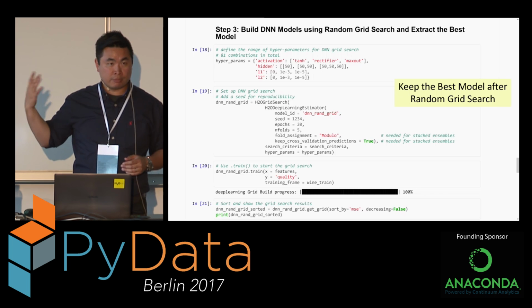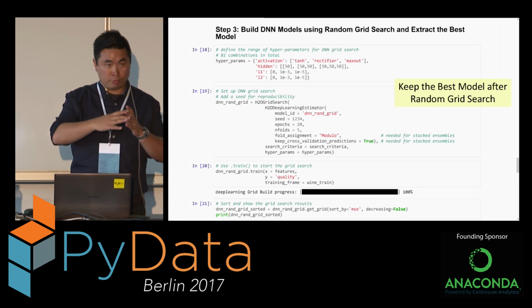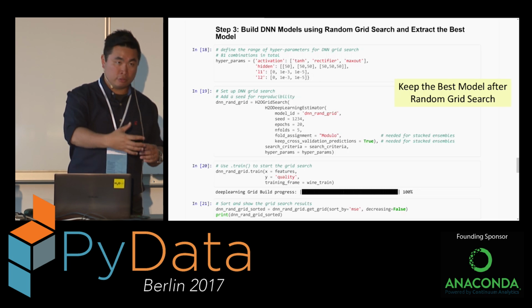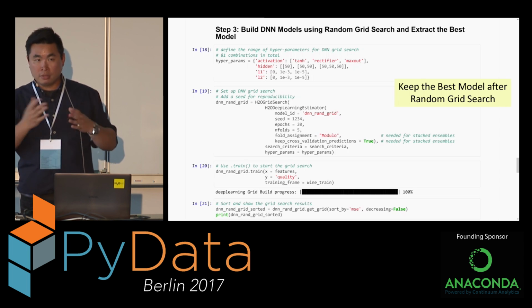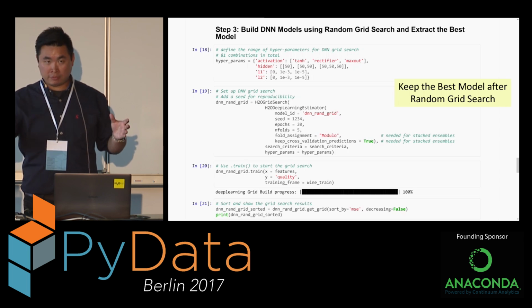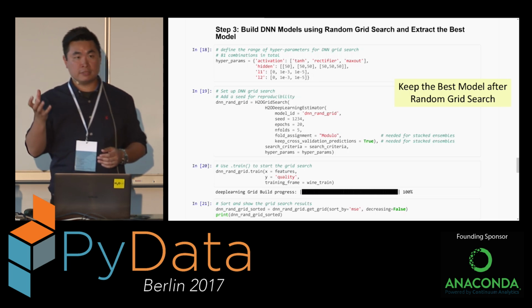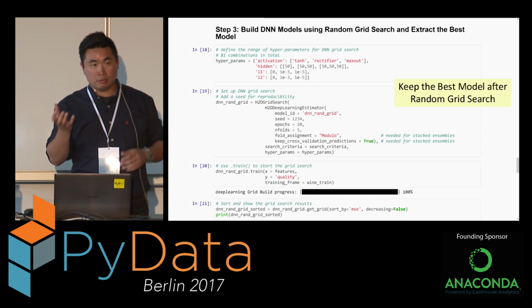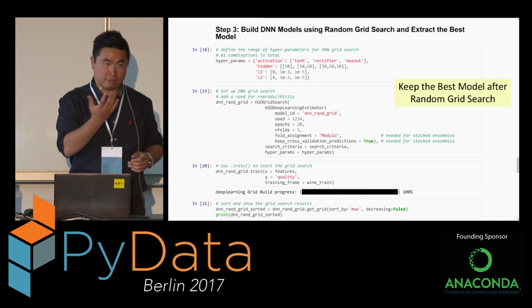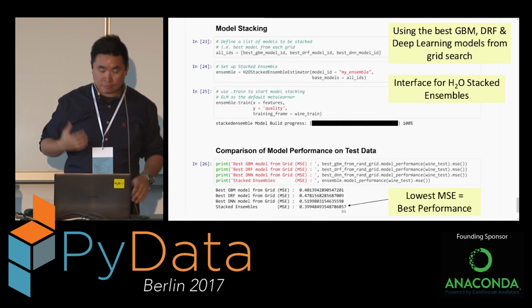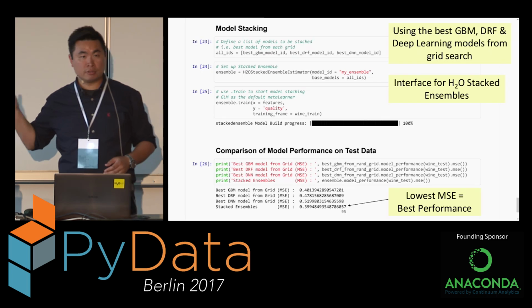The next algorithm is the deep learning algorithm in H2O. Again, you provide a different search space, do a random grid search, and get the best model. So now I have 3 best models from the 3 different random grid searches. And I want to use this stacked ensemble function in H2O to stack them together quickly and give me much better performance than before. That's the main API for model stacking in H2O.